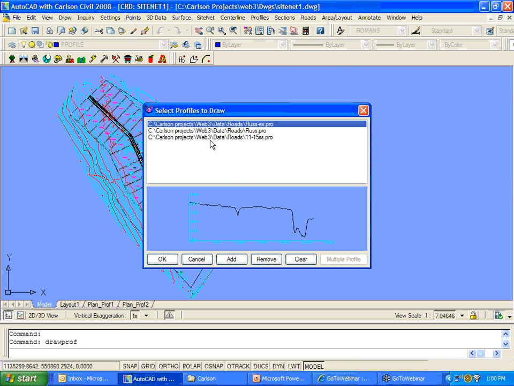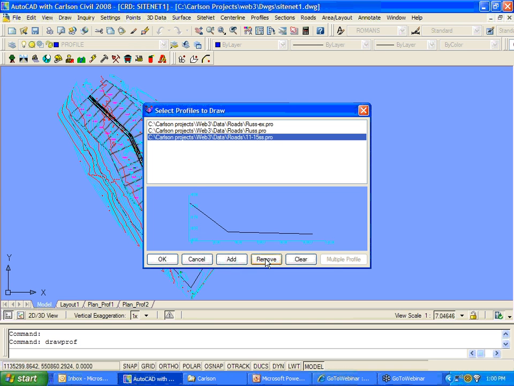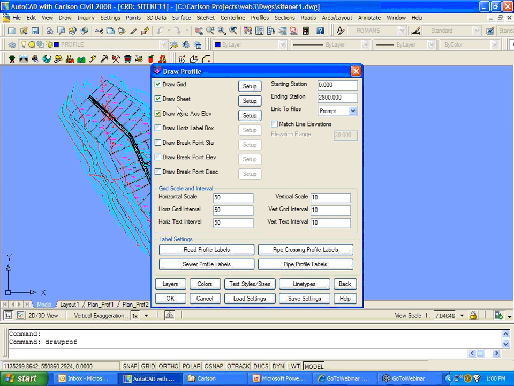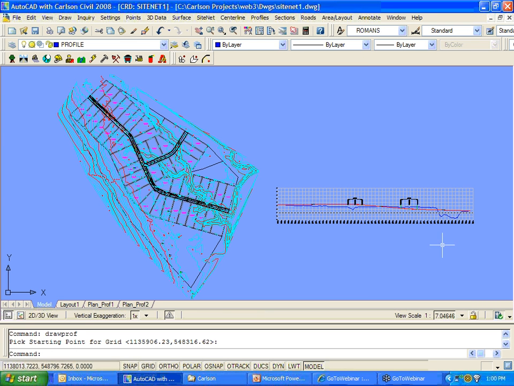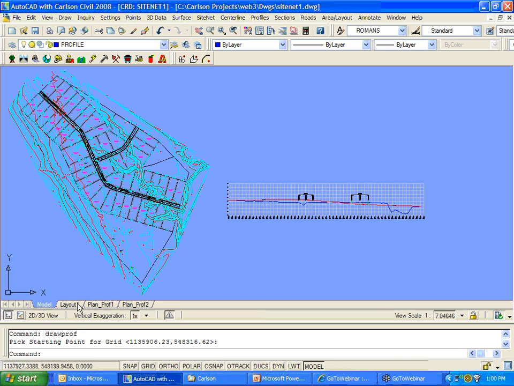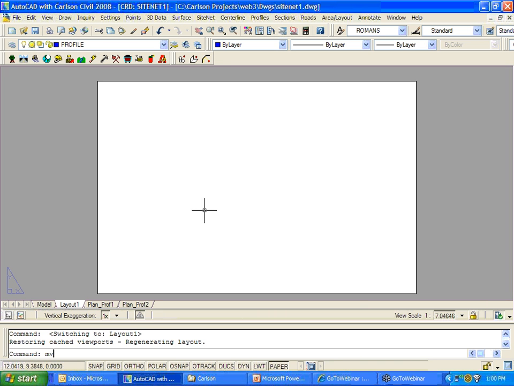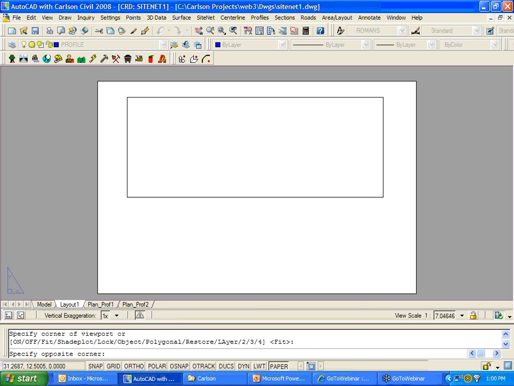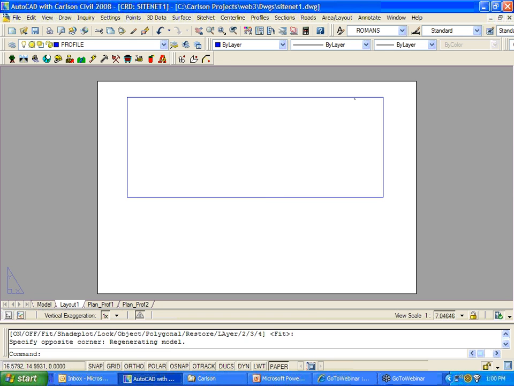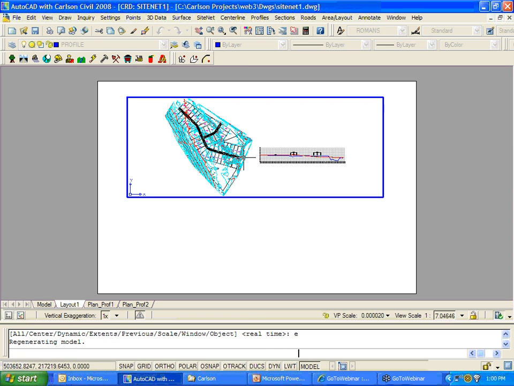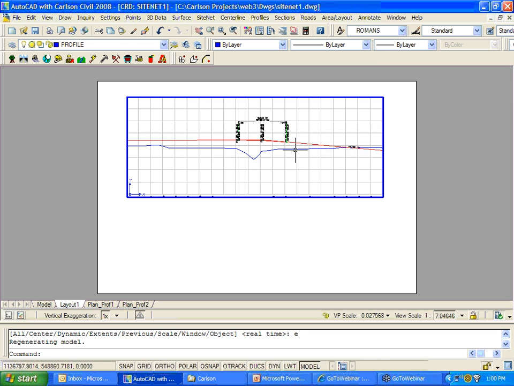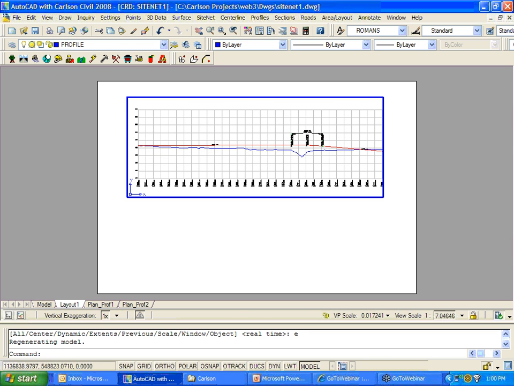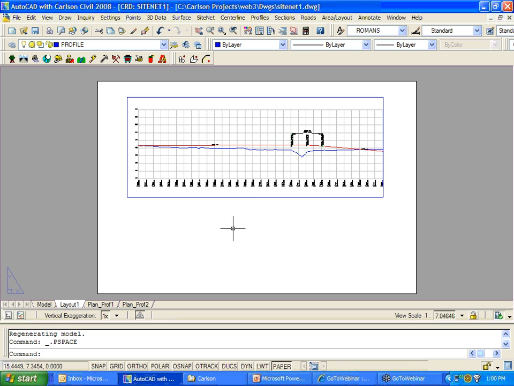If we do that, and I guess I shouldn't go through it, it might take too long. Well, let me just remove this pipe. It'll go a little bit quicker. Let's take off draw sheet and see how quick we can do this. There it is. Okay, so there's the profile in model space, and then I would just go to my layout, and I would say MView, and I'd open up a viewport, and I would go in there and zoom extents, and zoom up, and set it to 50 scale or whatever, the drill, above or below, or whatever, obviously,